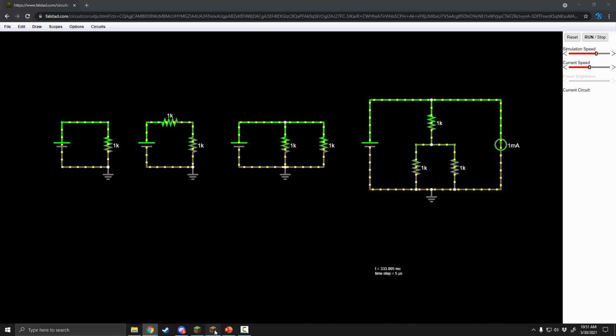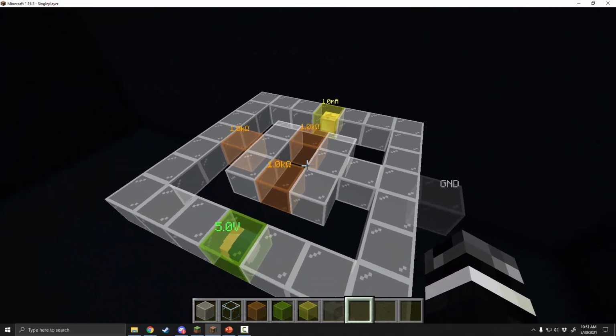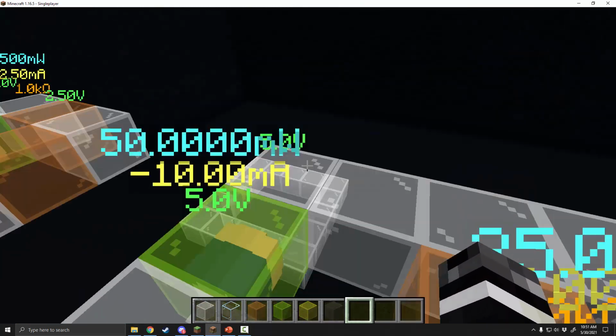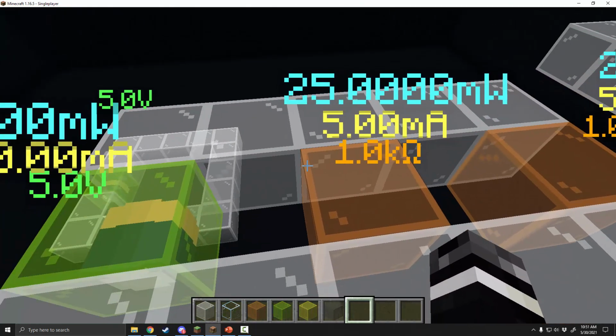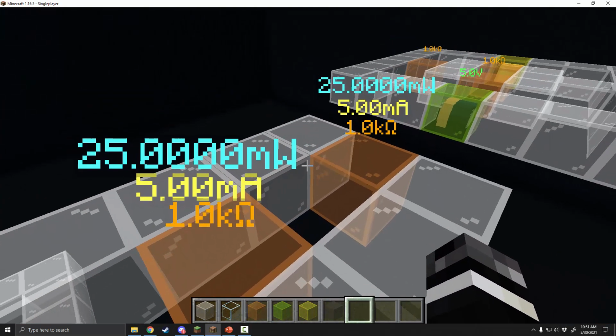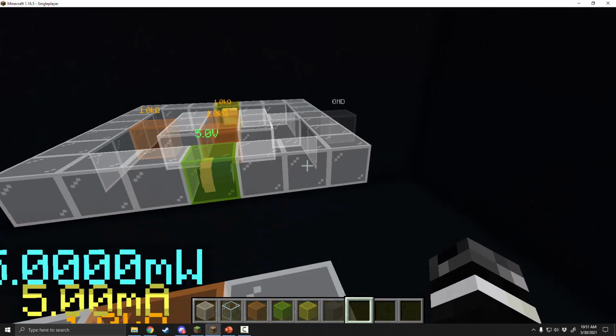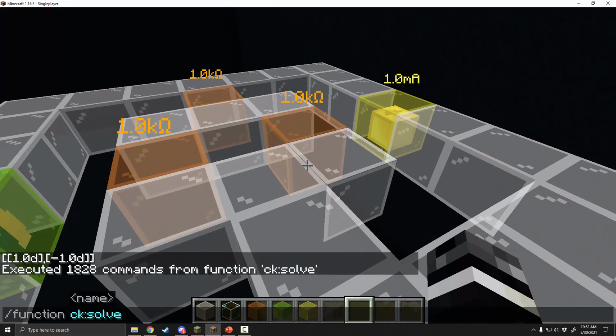And it's actually very good at calculating the simple cases. It's when you throw in multiple nodes, where you have a ton of nodes, that's where it starts to freak out. But if you just have one node, it's really good. So you have 50 milliwatts, 25, 25, 50, 25, 25. Perfect. But then you have this big case, and you can run the solve, and it takes